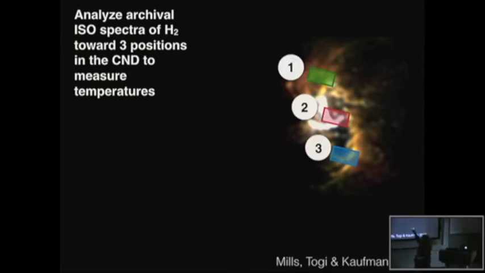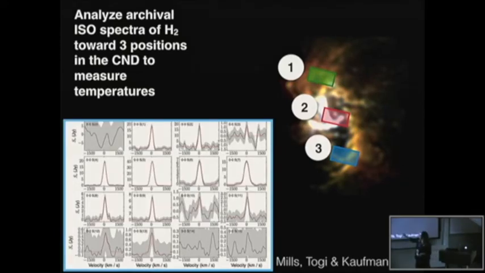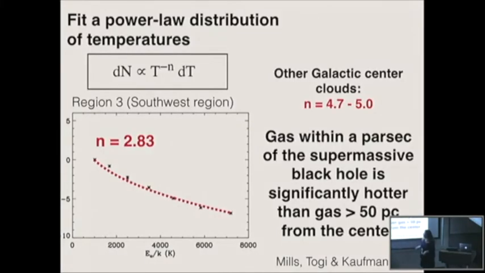And so here I'm showing you ISO spectra in these boxes toward 3 positions of the CND. These are spectra of pure rotational H2 towards the southern region. We don't detect the S0 line, the lowest line, but we make up for it by detecting everything up to S13. So very highly excited lines of pure rotationally excited hydrogen. And you can use this to measure the temperature of the gas and also measure the mass of the gas, but that's another story. So focusing on the temperature, you can count up the number of molecules that